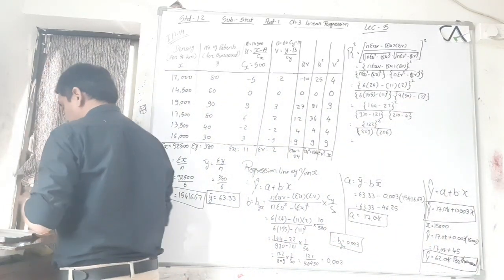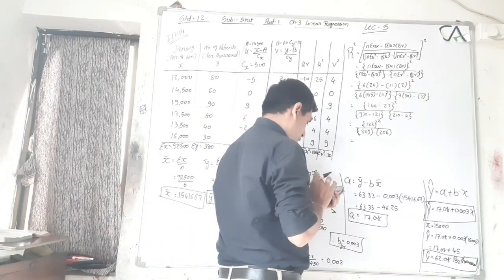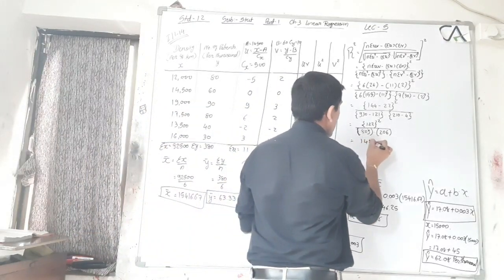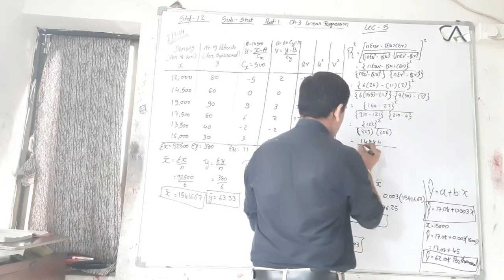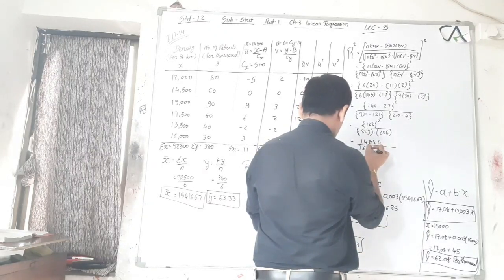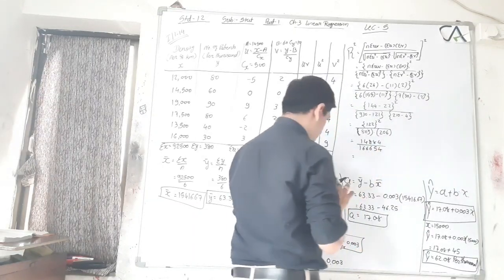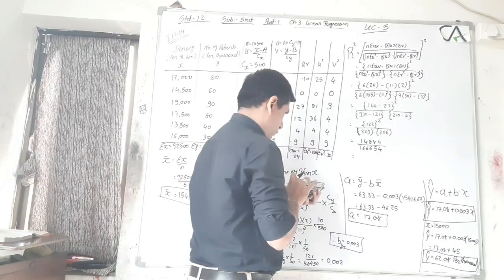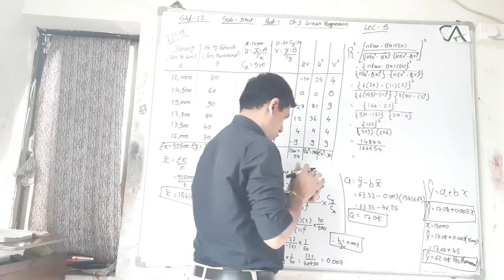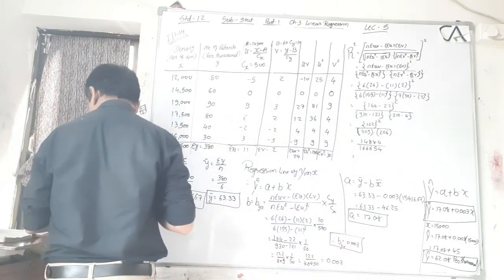Now make the calculation. 122 square is 14884, divided by 809 into 206, that is 166654. Divide it. The answer is 0.001